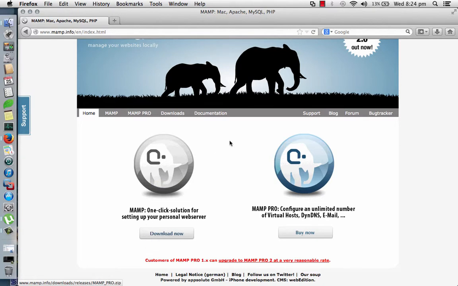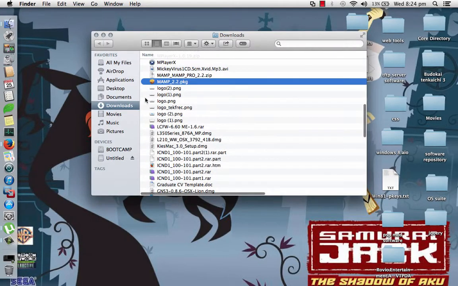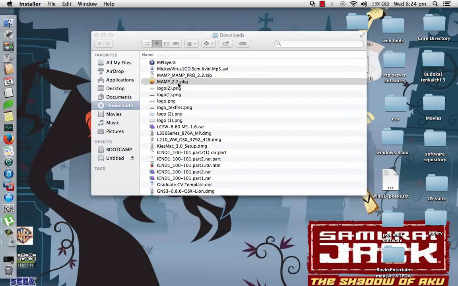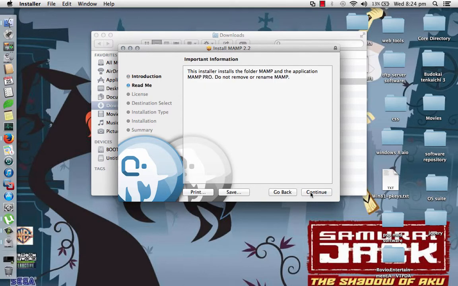Okay, so I have already downloaded it, so I won't be downloading it again. This was just to show you from where you can download the setup file for the MAMP software. So once you have downloaded the installer, go to the following and you'll get something like MAMP underscore 2.2 dot package. So I'll just click on that. I'll continue with the setup. Once again, continue,